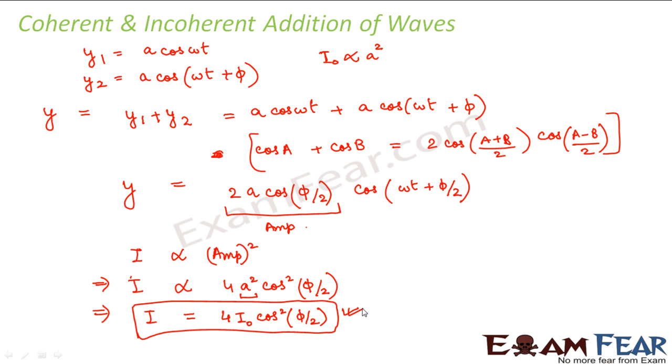If the two waves have any phase difference phi, we can apply this for coherent as well as incoherent waves, because in incoherent waves also, if we know the phase difference between the two waves, we can calculate the resultant intensity at some point. I hope you understood how constructive and destructive overlap takes place, and under what condition each happens, because these are the basis of Young's double slit experiment. If you understand all this, then it will be easier for you to understand the Young's double slit experiment.